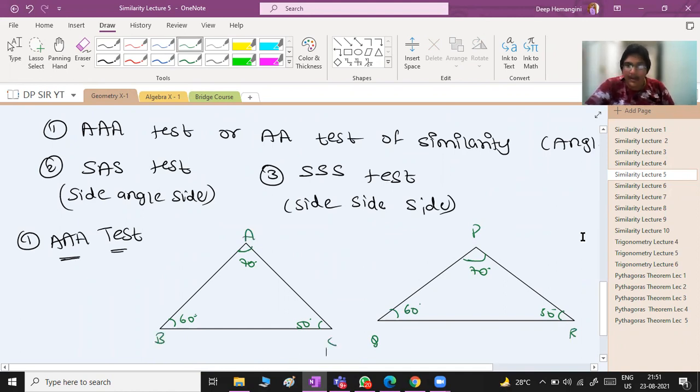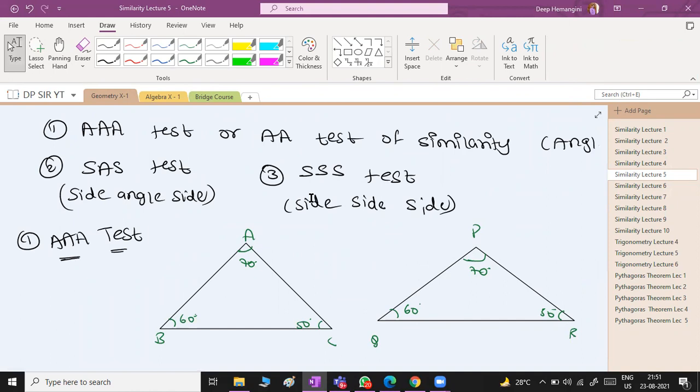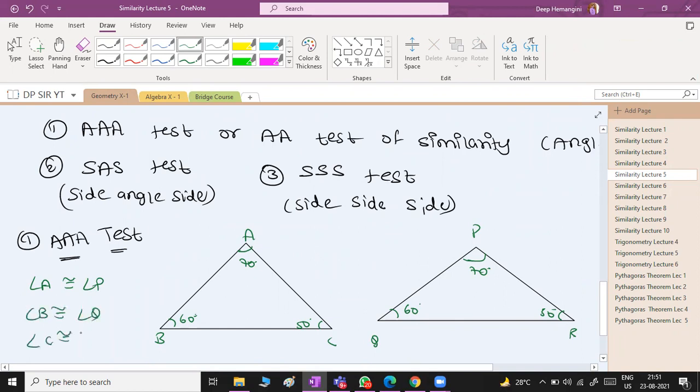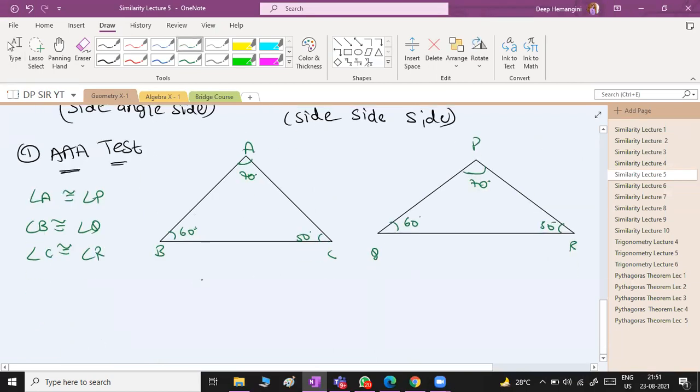ठीक है. In this particular question, A is congruent to P. So angle A is congruent to angle P, isn't it? फिर angle B congruent to angle Q, and angle C congruent to angle R. All the angles are congruent. It means triangles are similar by AAA. Therefore, triangle ABC is similar to triangle PQR using triple A test. ठीक है. Let's go to the next test,